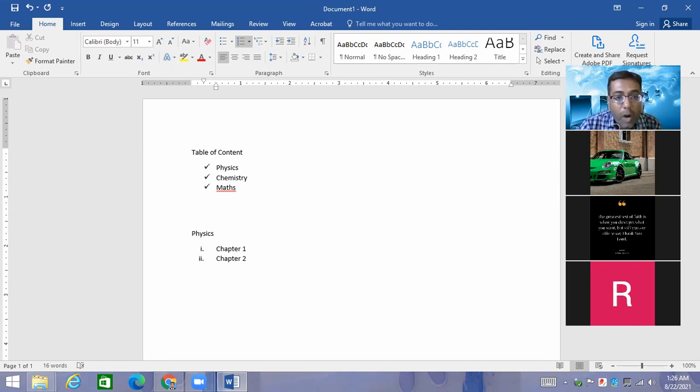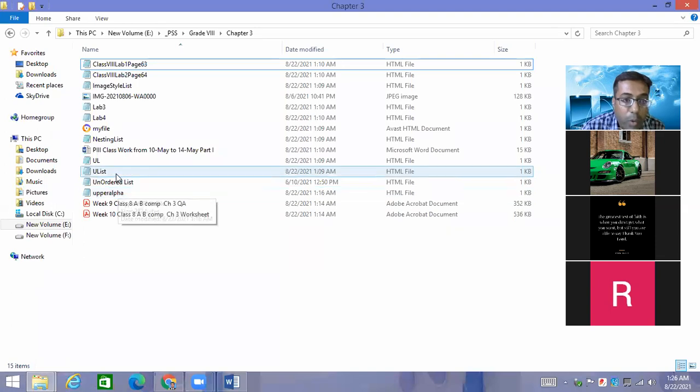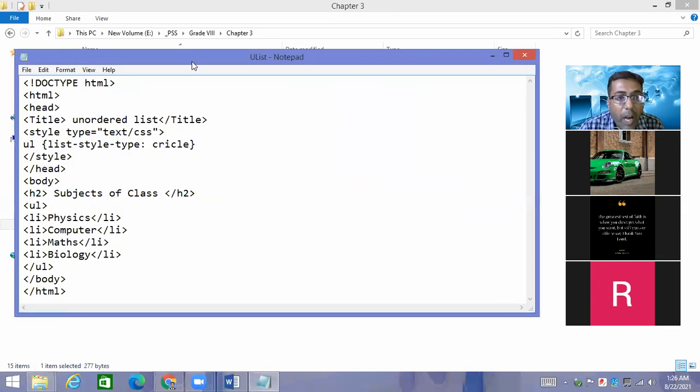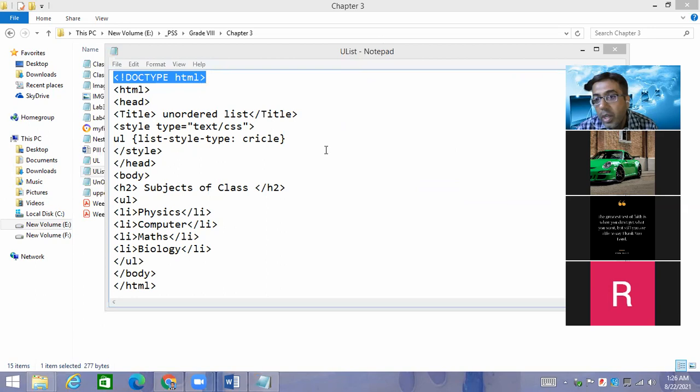Now see how we can do this thing in HTML language. And as I have told you that I will give you the lessons question and answer as well for this chapter today, inshallah. So in order to save the time, I have typed some different codes, and the code I had explained you even last time. Unordered list. Now see the code. I'm going to explain you this code once again. Those who have joined now, please listen to me now and pay attention to the work.